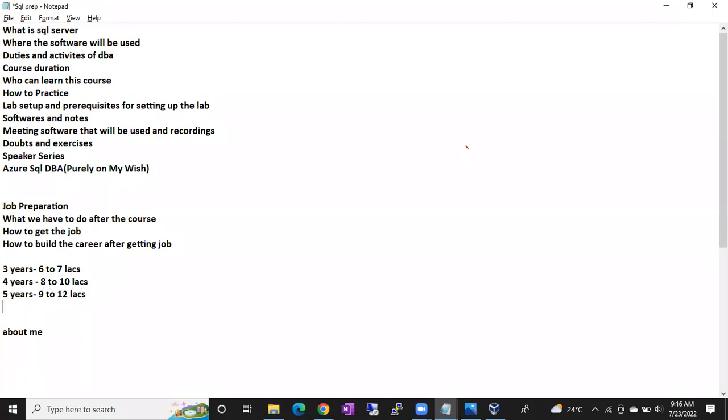And for the US, for 4 years you can ask $55 to $60 per hour. There are some scenarios where people are earning 90K annual salary, this is for the US, guys, or 105K.